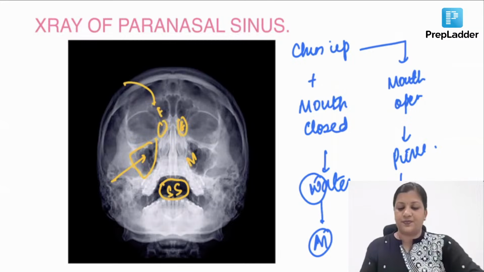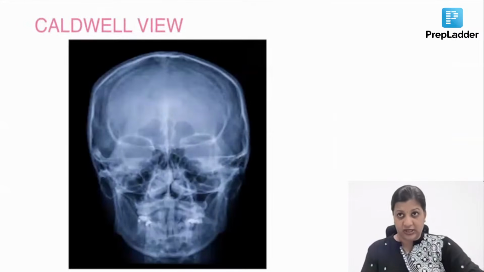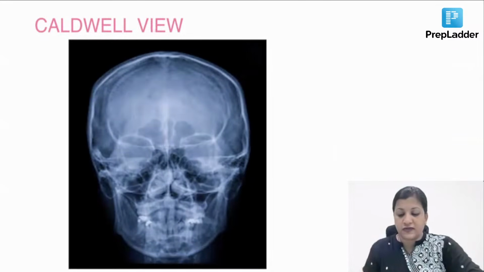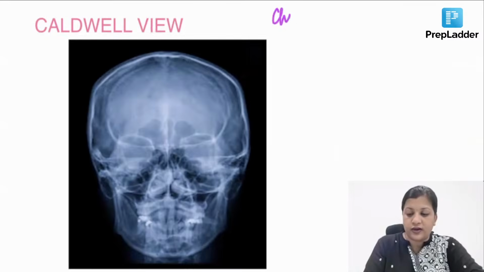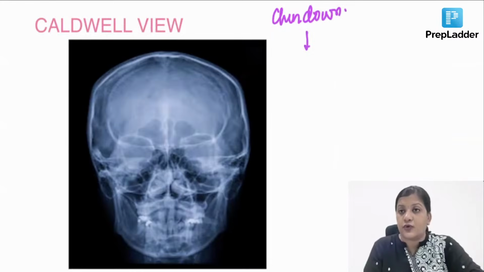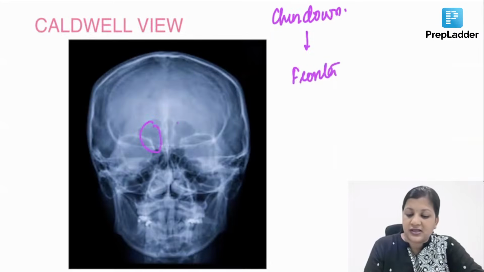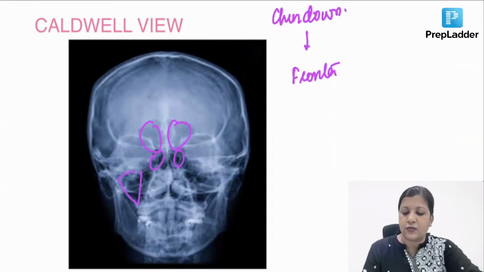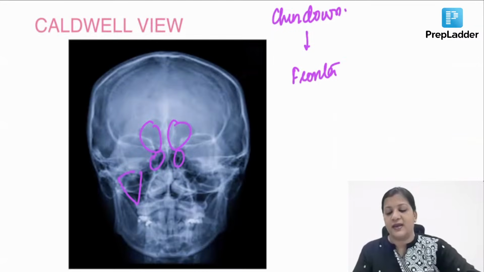sphenoid sinus. Good. Now look at this chin down position, asking you to identify pathologies of a particular sinus in the forehead. So whenever the chin is down, we call it as occipitofrontal view, which is the best view to identify frontal sinus pathologies. Of course, we can identify maxillary sinus, ethmoid sinus also, but it is best for your